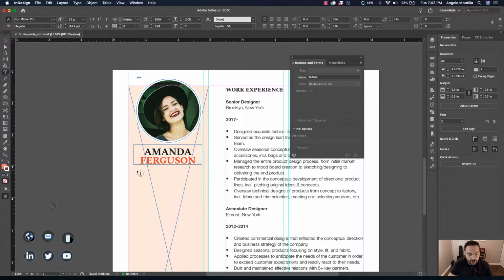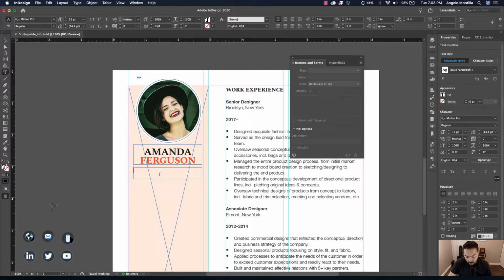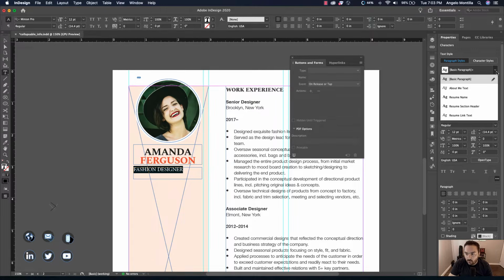Let's go ahead and grab the type tool again and drag out another text frame. And she's a fashion designer. Select that, and you can choose whatever font you want. In this case, I'm using a combination of, let's see, resume section.